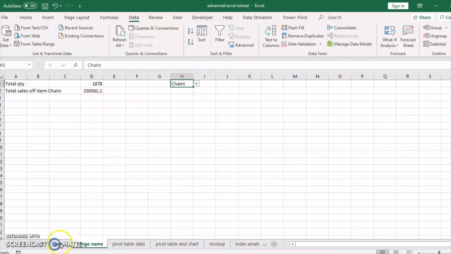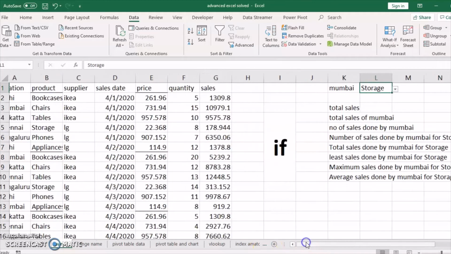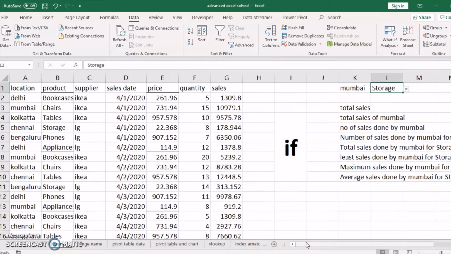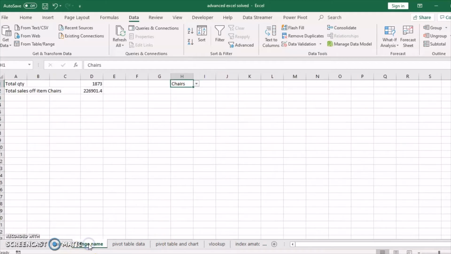Let us take a typical example here. I will go back to the sheet and make the changes for chairs. I will make this 10, so I have decreased the value, and if we go back here, we can see that the value has changed.